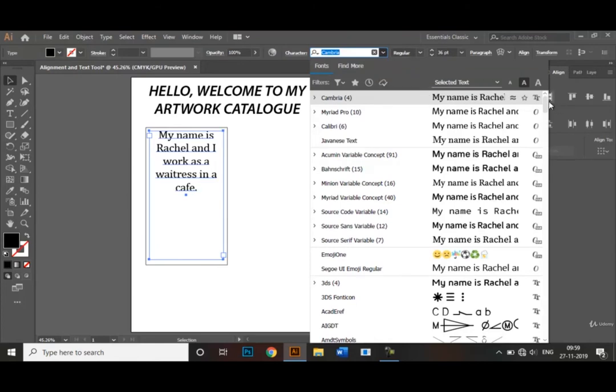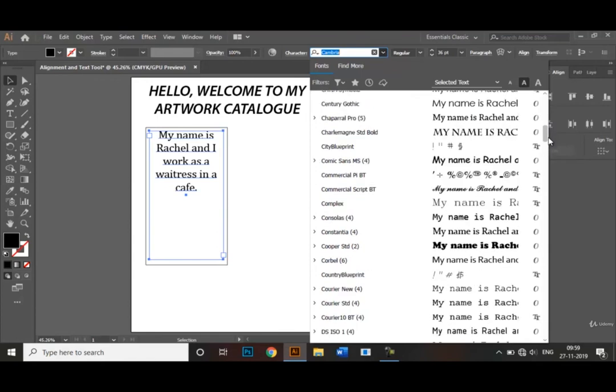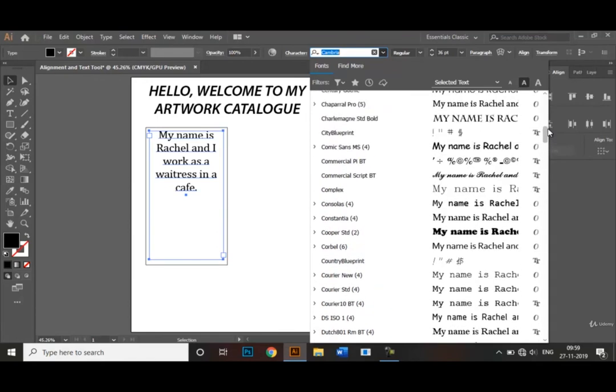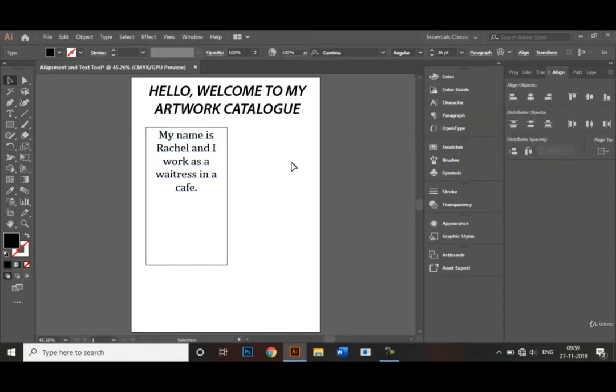So feel free to have a look at the text styles that Adobe Illustrator provides and choose any one from there. Okay, so it was Cambria. Sometimes what happens with certain font types is that there will be no other options like this.